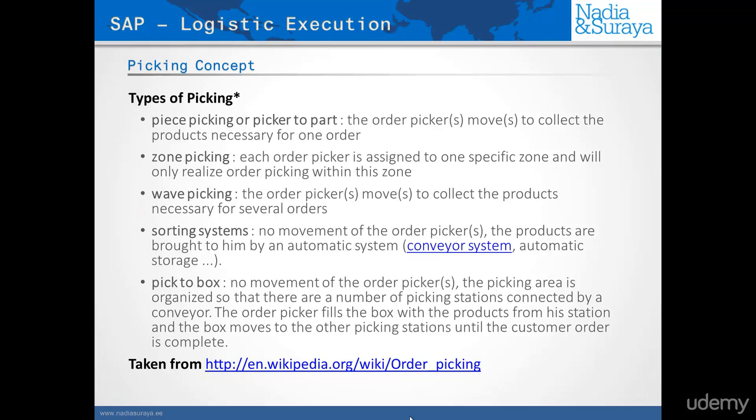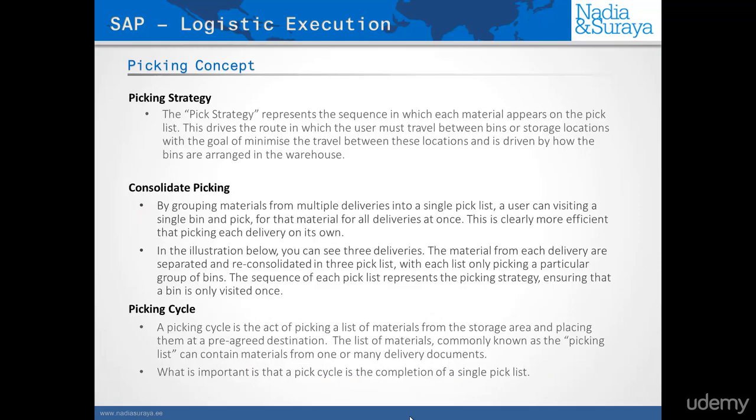Next is something called a sorting system, where the picker stands still and the products are brought to him to pick. And lastly, we have something called box picking, where a picker stands in front of a shelf. A box is brought in front of them, usually by a conveyor belt, and on that they have what they need to pick